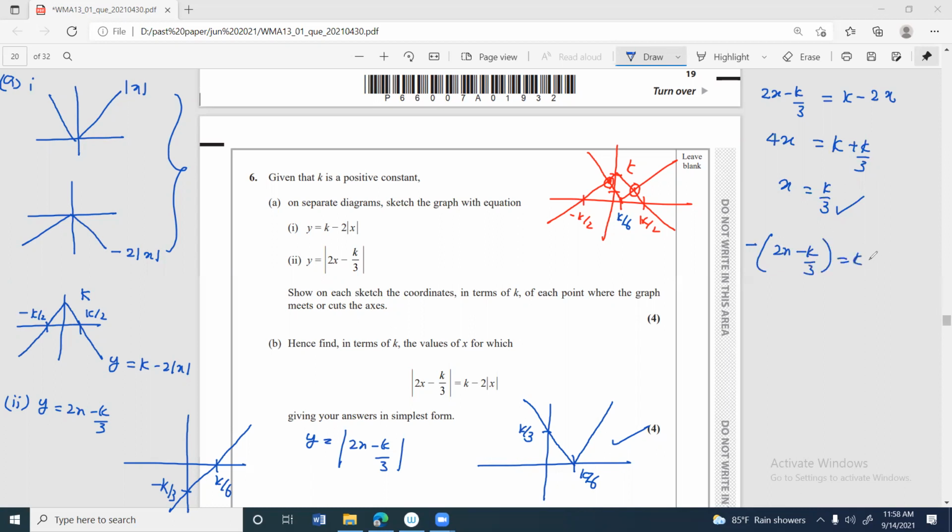K, and put a minus again in front of this. Minus 2 into minus x. So you can say minus 2x plus k over 3 is equal to k times plus 2x. Then if you bring this 2x to this side, it turns up to 4x, and if you bring it here, 2k over 3. Therefore, x becomes